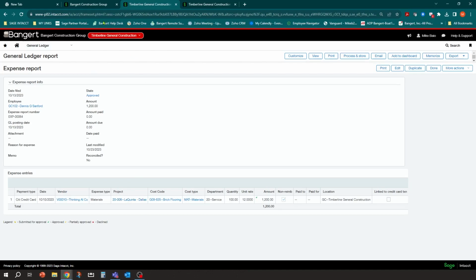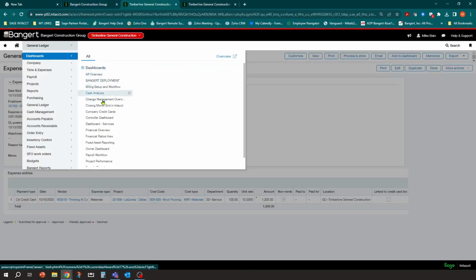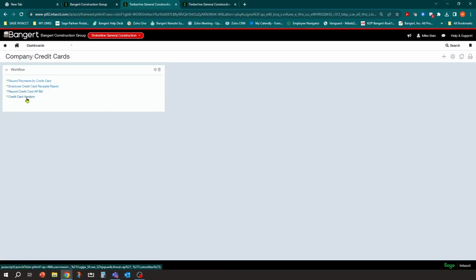So to recap, I believe we covered the whole process. So I'm going to go back to my dashboard here. Let's go to our company credit card dashboard. Now you can get more reports out of the system. And you can add more tips and tricks here. My initial thought is to have a graph here for the period. And you can put in the period and it shows the employees and their amounts, totals across the top here. And you can easily see on a chart what the total might be for each employee. And you can see real easy and real quick if it already reconciles in the system.